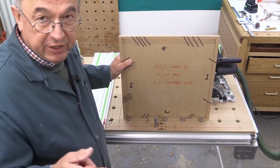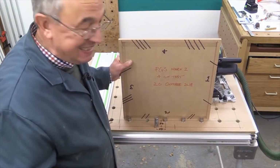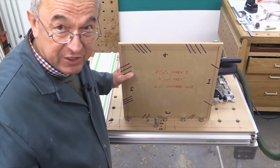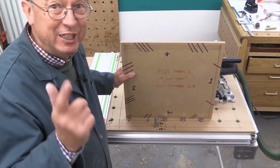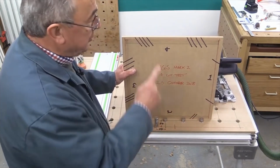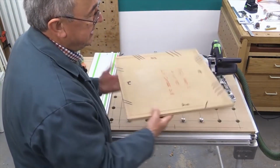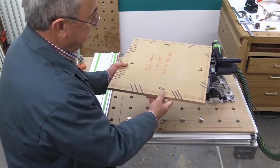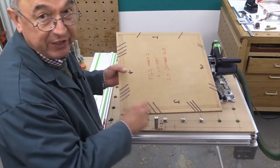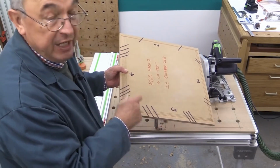Now, it's called the 4-cut test because I'm making an assumption that one side's already been cut clean. Some people call it 5-cut test because you've got to cut that first side clean. That's the theory. Anyway, I've got my first side cut clean. And you go around and do one cut, then another, and then the final cut. And on the final cut, you take the piece of wood you've just cut and then measure it to